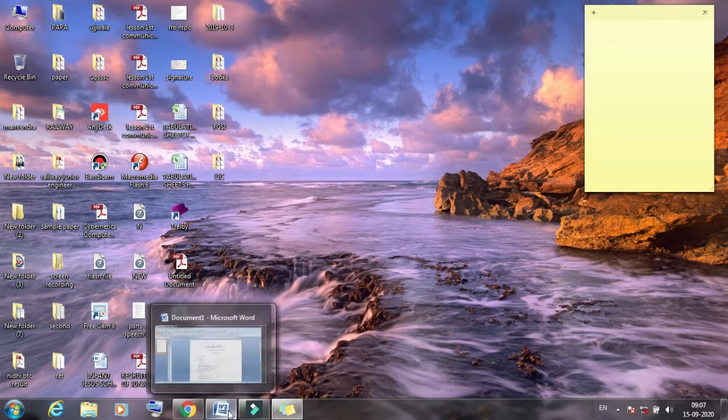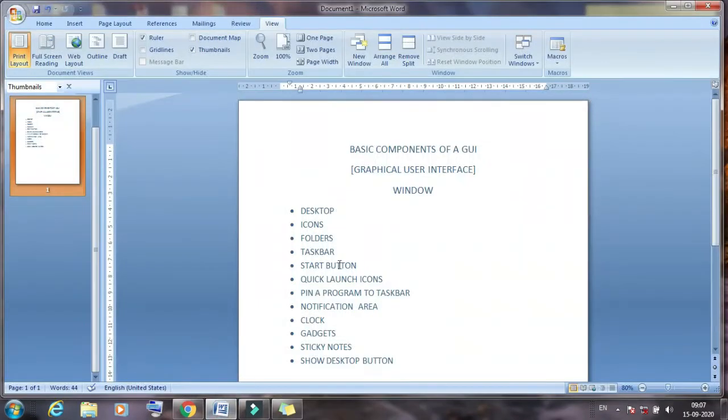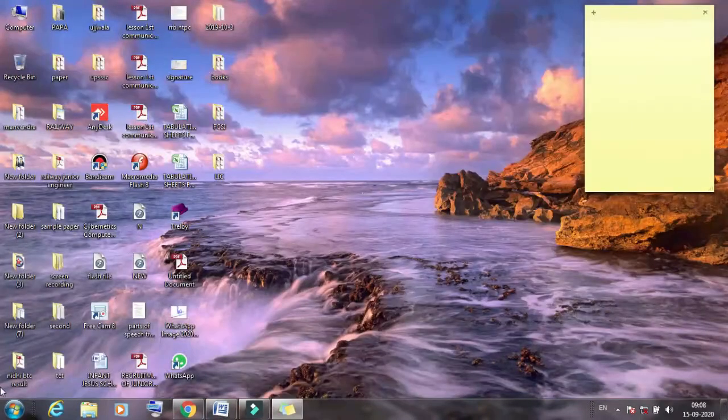After that, the next component of a GUI is start button. This is the start button. It is a Windows start button. It is found at the bottom left part of the taskbar. So this is the taskbar and this is the bottom left side.